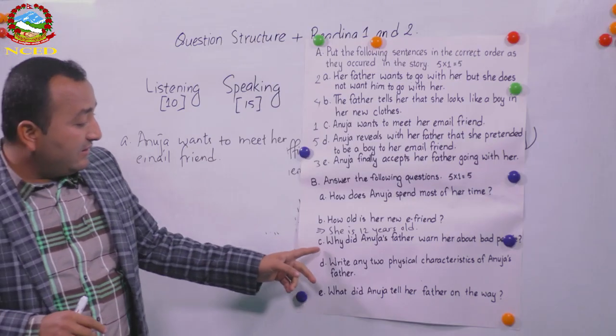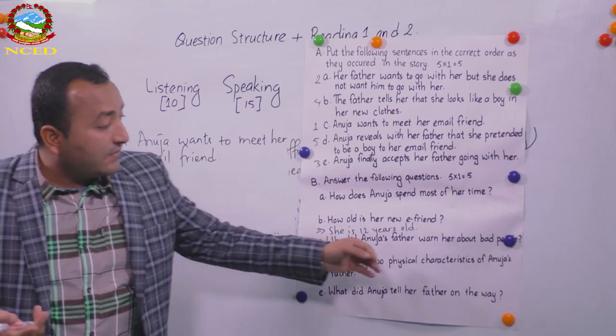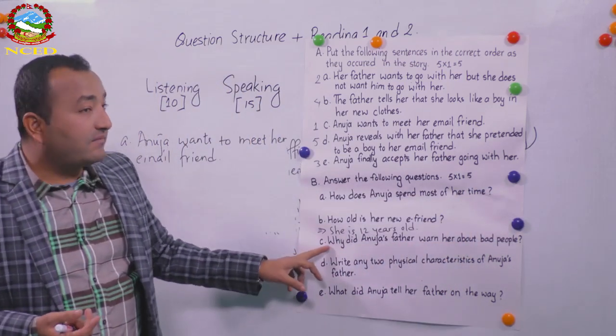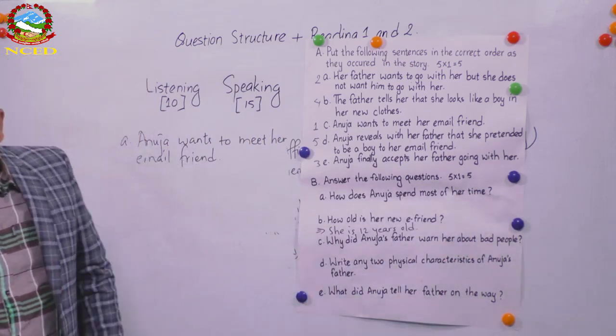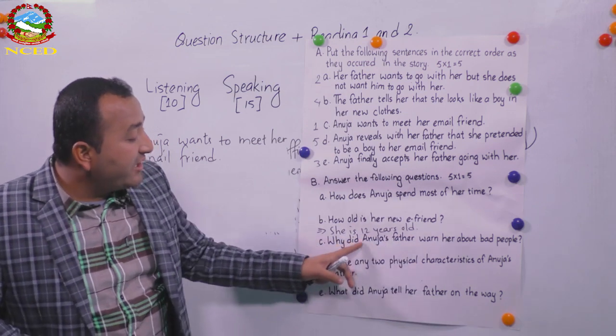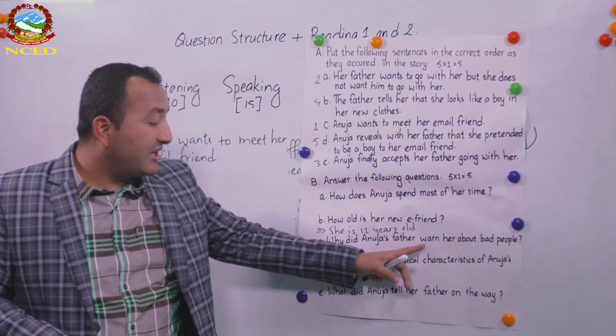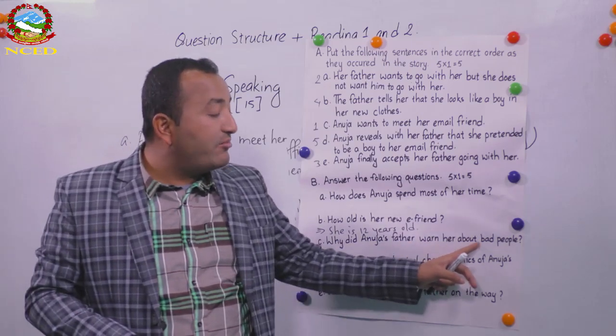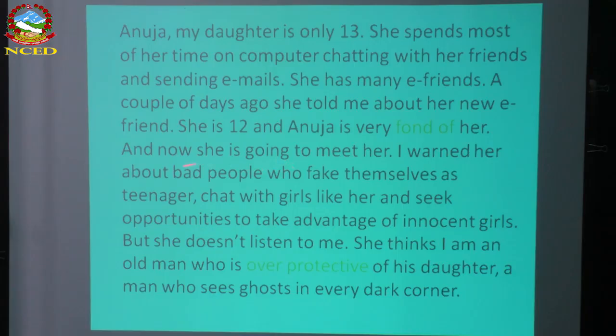Now comes the third. Why did Anuja's father warn her about bad people? It is somewhere there, let me show you very quickly. The text says "I warned about bad people", which means don't write "I warned" while writing your answer. You have to just change the person here. Why did Anuja's father? Just simply begin your answer from here. Anuja's father, if there is "did", what do you do? Warned, with ed, past tense, right? Anuja's father warned her about bad people. Why? Bad people, because